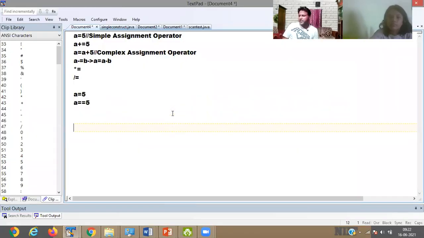If you give a variable name, don't give any kind of white space.